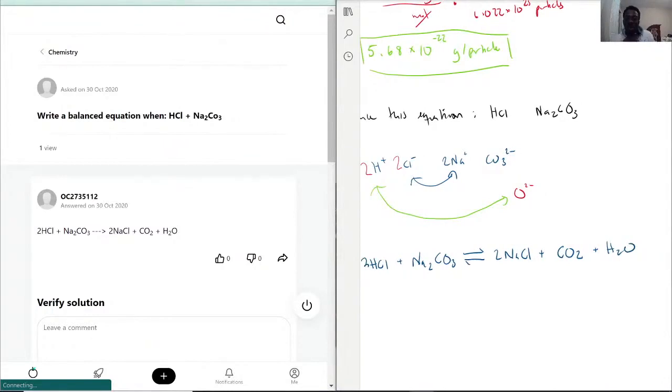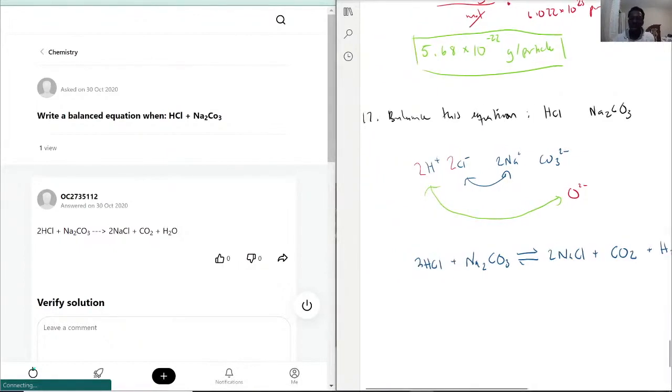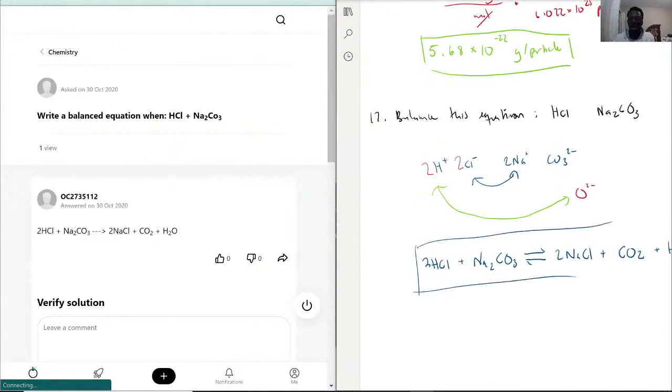You have 2HCl and there's an H2O now. The Cl still has a 2 because it's 2 NaCl. Na2CO3, exactly, there's still 2 on the NaCl. And then CO3 lost one oxygen and became CO2. So, with that being said, that would be the answer here for question 17. In terms of balancing it, as we quickly go over this question,